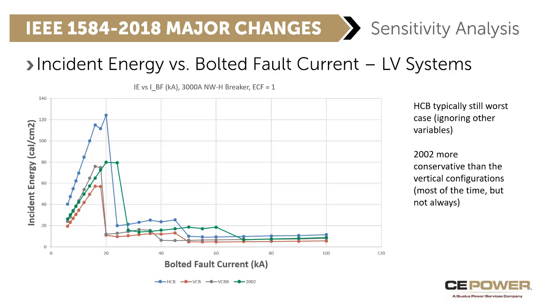And interesting, around the 40,000 amp fault current range, we can see an occasion where the red curve goes above the gray curve. So again, referring back to previous conversation, the gray curve tends to be higher than the red curve, but not always. And this graph here kind of demonstrates that. So those are the visuals for the electrode configuration. Now let's look at some